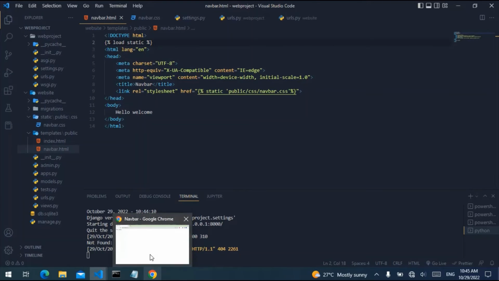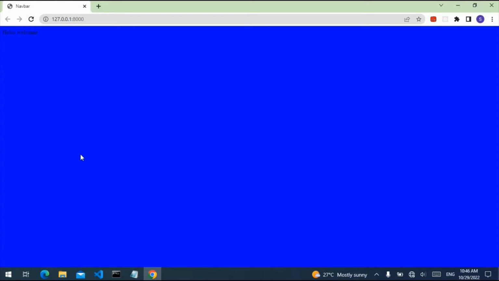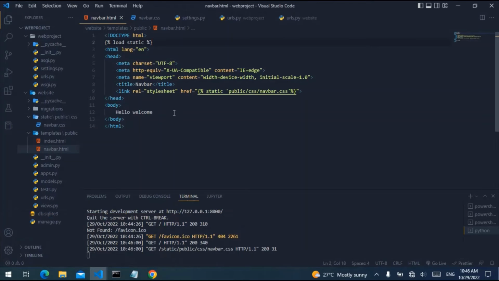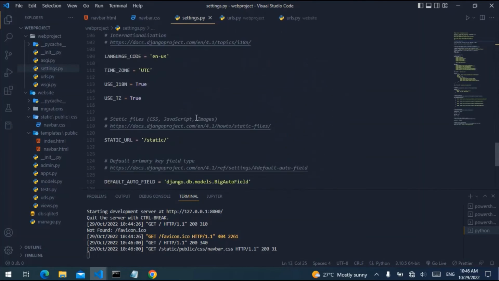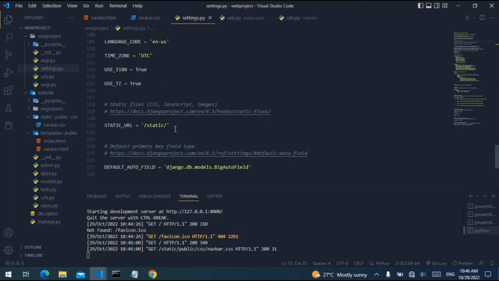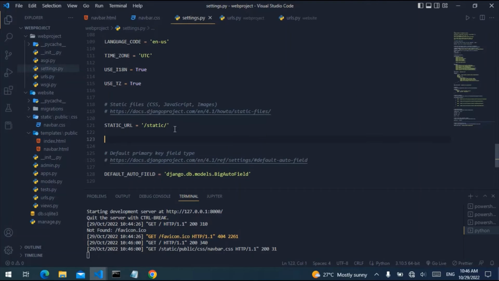For example, when I come here and refresh this, you see it's working for me. But sometimes it may not work for you. If it works for you, fine. If it doesn't work for you, then another solution you should go for is, because it happens to a lot of people,